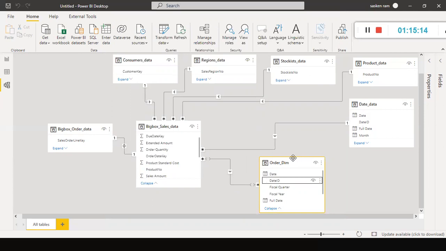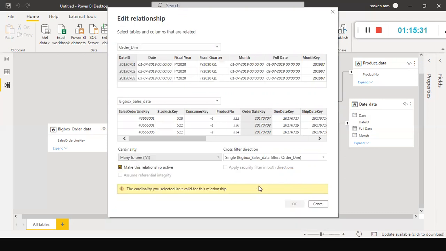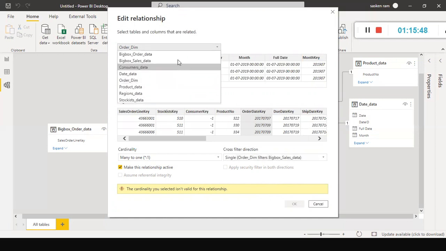I just copy pasted the same thing. Here you need to change it to many to one. Sorry, here I did not select it properly.